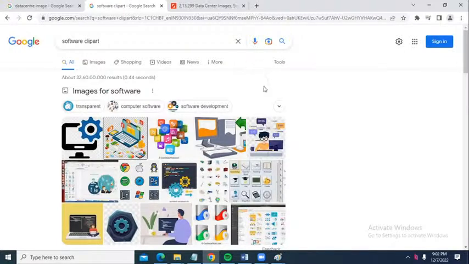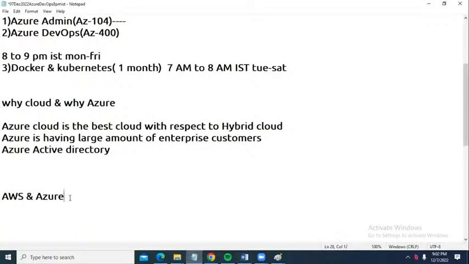Now, tomorrow, what we are going to do, so this is one part. Actually, what are the job roles? Everyone is going to get confused. What is solutions architect, admin, cloud, Azure developer, data engineers, artificial intelligence engineers, machine learning engineers? We are going to discuss the different job roles in the next session.